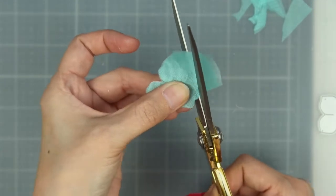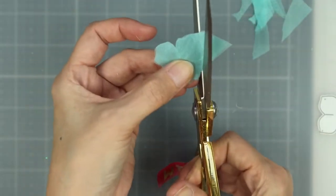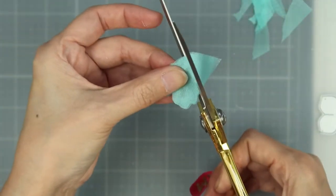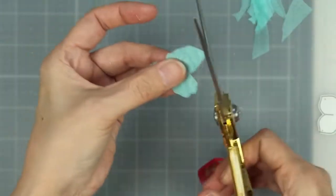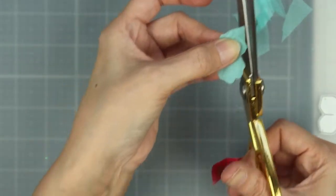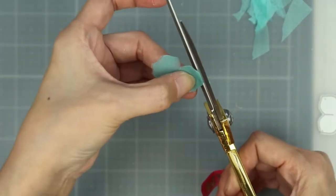So I'm going to just continue, and you can see I'm not taking much care. I'm not stressing about it, which in essence is very rare for me, because sometimes, if you guys know me, I'm a little OCD, so